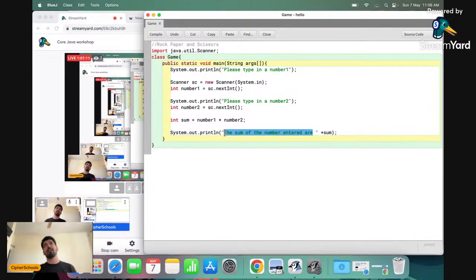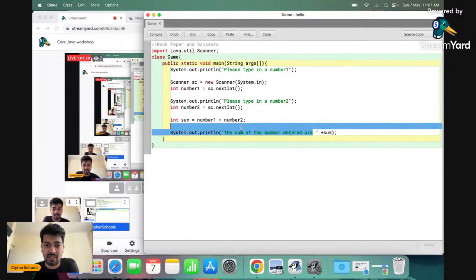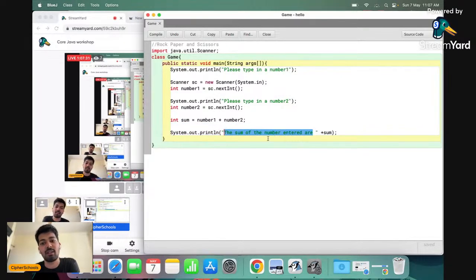Or if it is written in between a string and a variable, and the variable is a number, it will again merge them and put them together. So I hope that's the reason why we have used plus over here. Over here the plus is not doing an add, but rather a concatenation, concatenating it with this particular string.